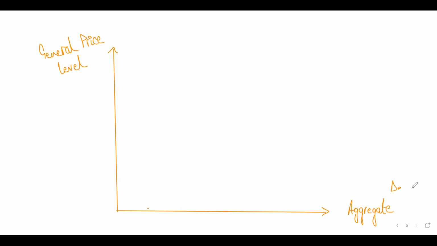Now you will have a downward sloping curve. Let's discuss what this downward sloping curve shows us. It shows that when price level is higher, your aggregate demand would be low. Is this understandable? Why so? Think about it. When things are more expensive, obviously people will buy fewer goods and services, because their affordability is less.